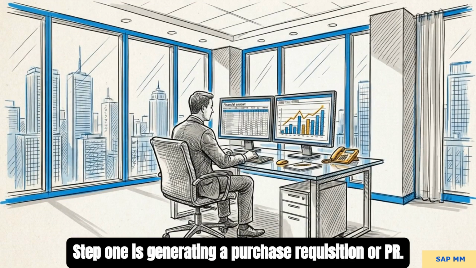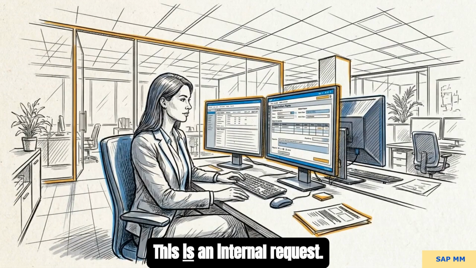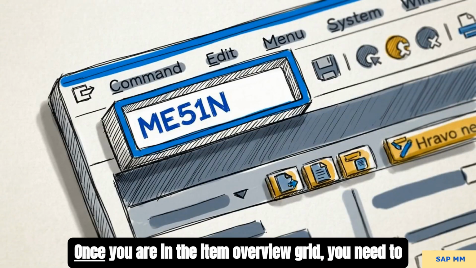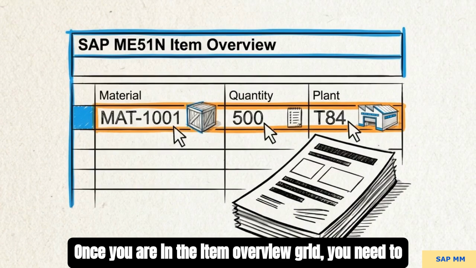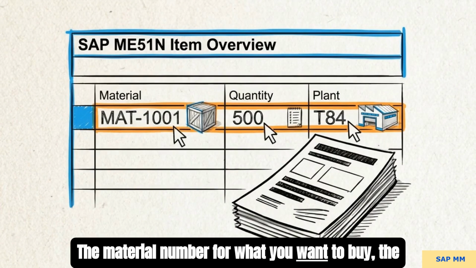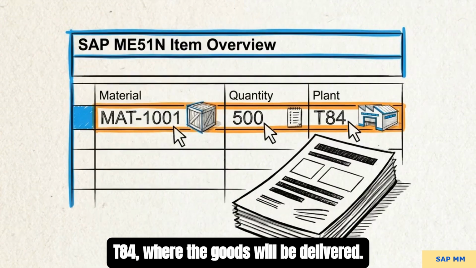Let's walk through it. Step 1 is generating a purchase requisition, or PR. This is an internal request. To start, enter the transaction code ME51N. Once you are in the item overview grid, you need to provide 3 specific inputs: the material number for what you want to buy, the quantity required, and the target plant, like T82 or T84, where the goods will be